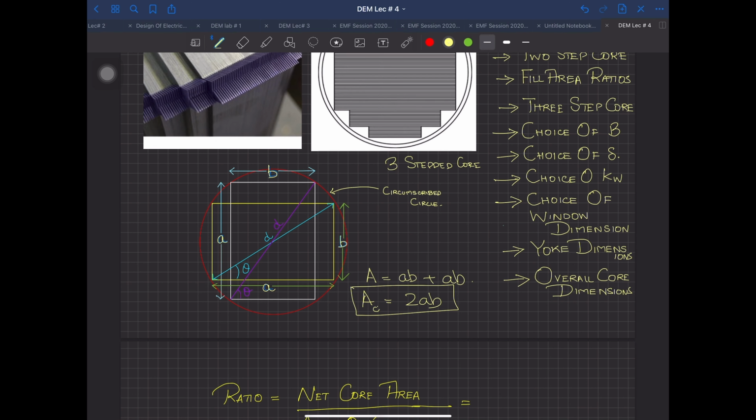Now the circle, which is actually the required one, which we are trying to have, has an area related to some diameter, which is over here as D. Normally in this whole discussion, we are going to take diameter, not radius. We all know the area of the circle is given as pi r square.